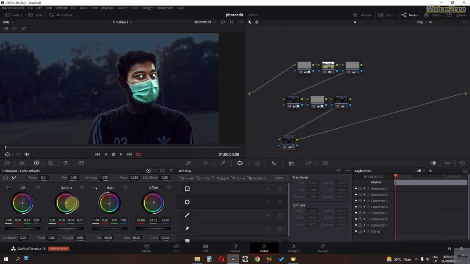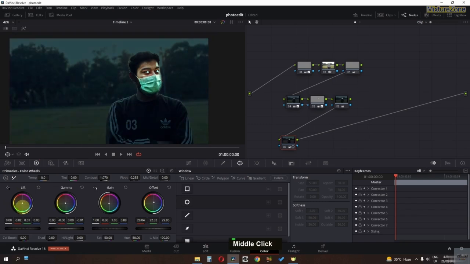Now let's take the gamma, and now guys, I'm going to change my lift to this color. Now let's decrease the lift right here,